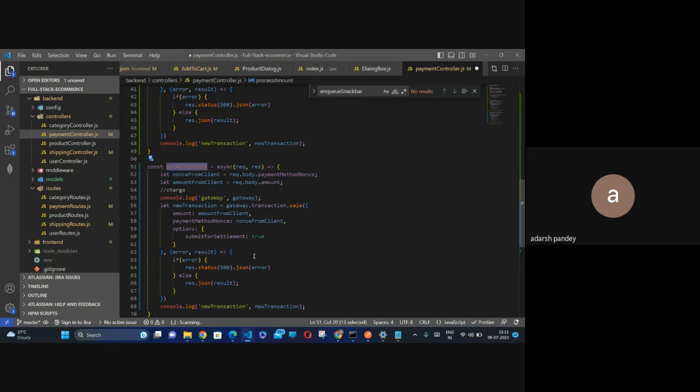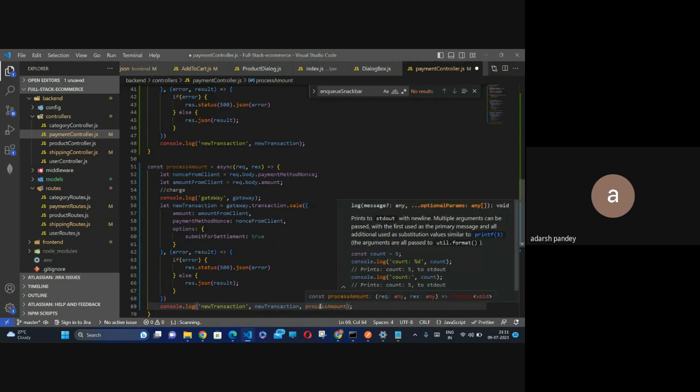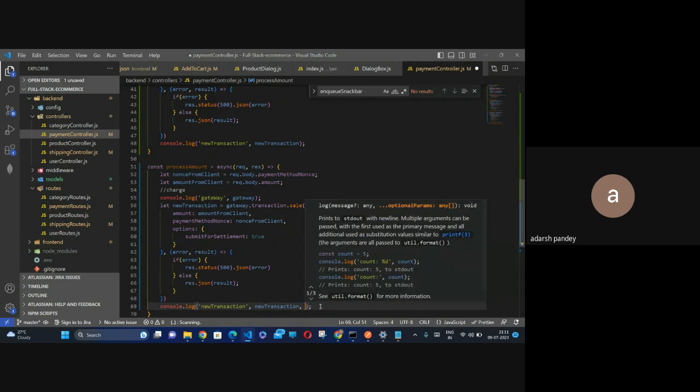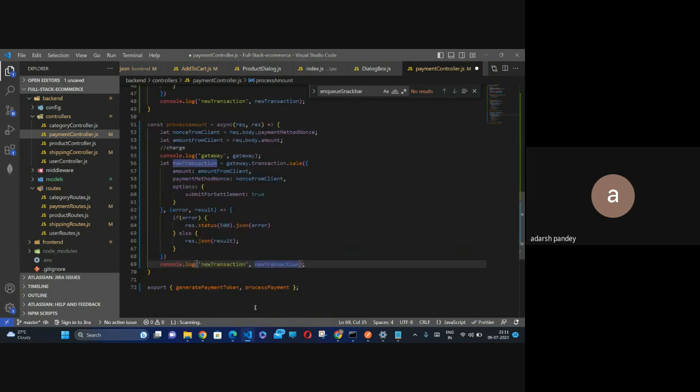So process. Okay, so what is the problem? Here is the problem. No, this is not a problem. So I'm going to use this process payment,